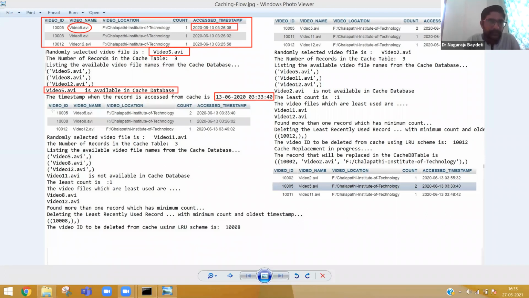Now everybody please observe, because the user has asked for video 5 again, which is already available in the cache, the count will become 2 and the timestamp is updated. A new timestamp comes and the count increases from 1 to 2. This is what we do in case it is already available. Now, again, if you run the program,